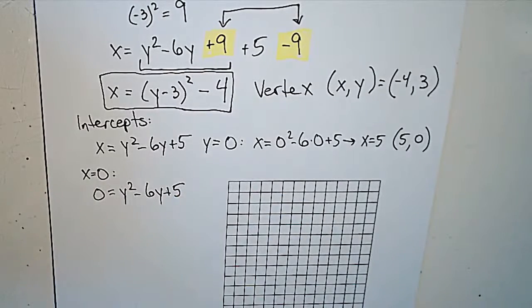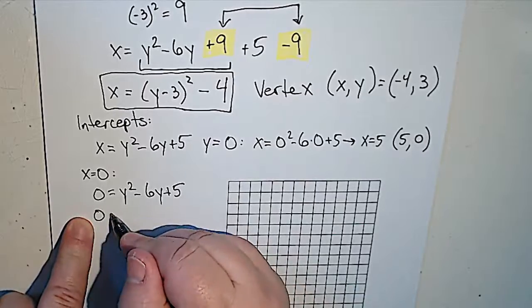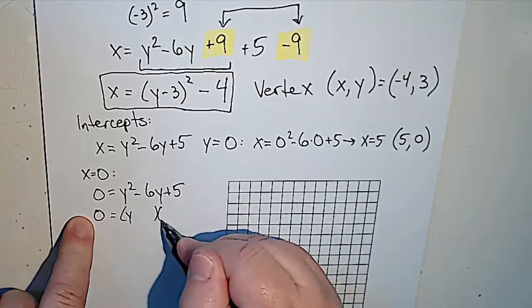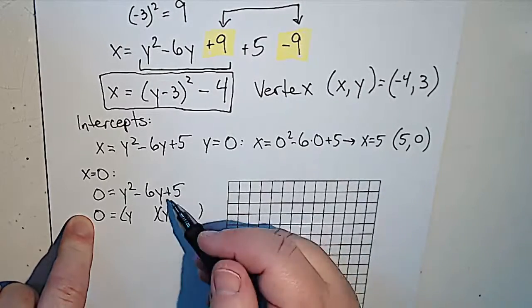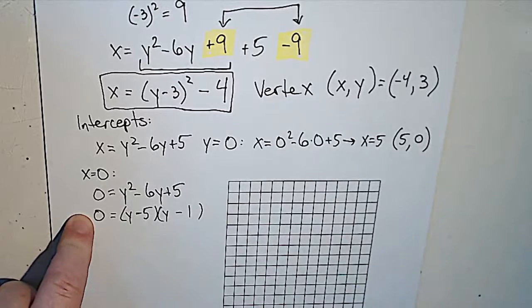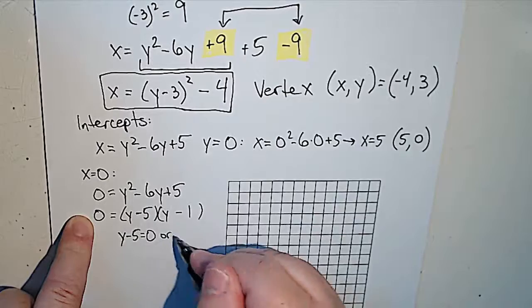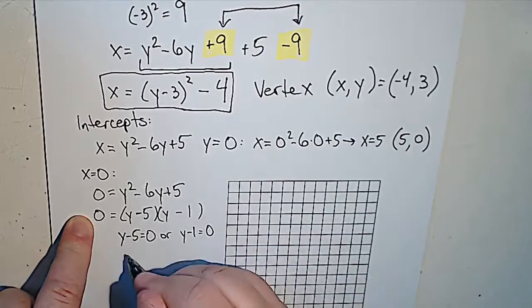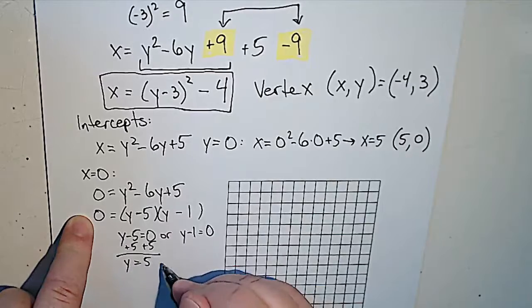Now, you can either factor to solve this, or you can use the quadratic formula. I'm going to hope that this is actually a pretty easy factoring problem, in terms of either the AC method or trial and error, because it's just -5 and -1. So I'm hoping that one's not too bad. And then we get that y minus 5 equals 0 or y minus 1 equals 0. So y equals 5 or